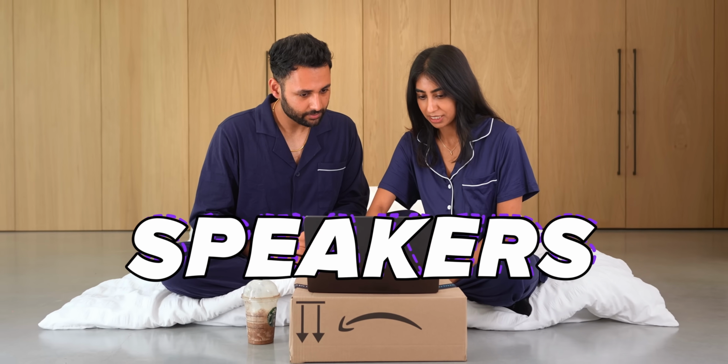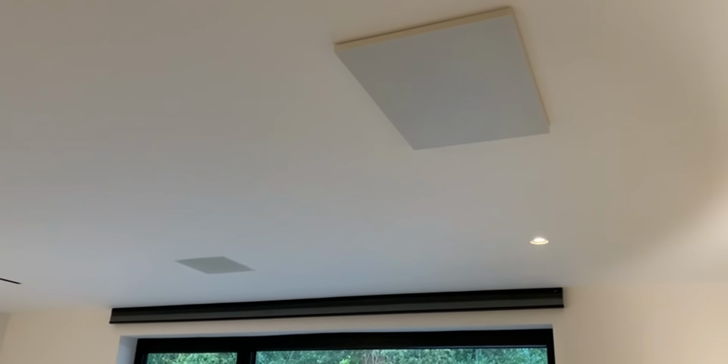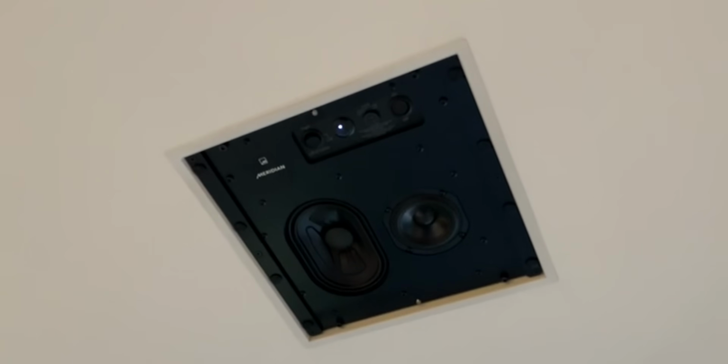Okay, and then the only thing left is speakers. We've already gone and seen some at Meridian Audio, and they're actually going to get planted into the ceiling, including a subwoofer, so we can have...